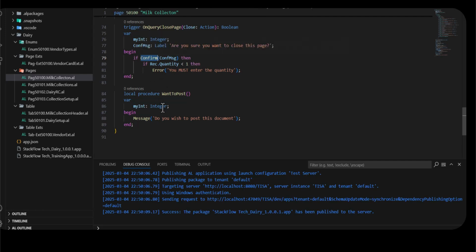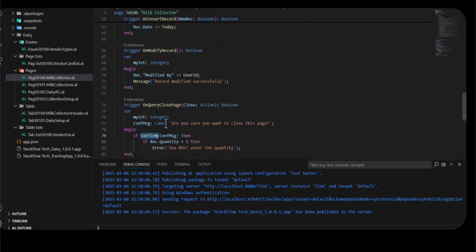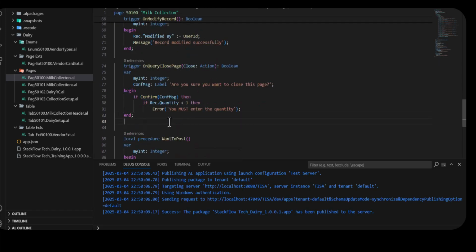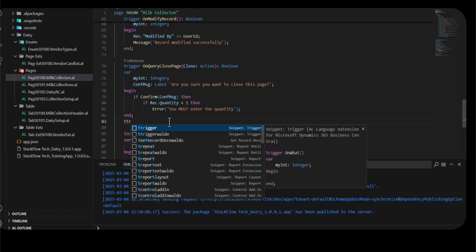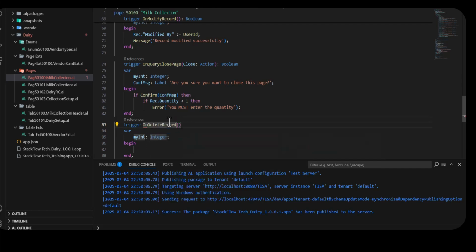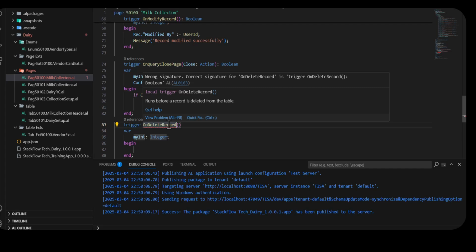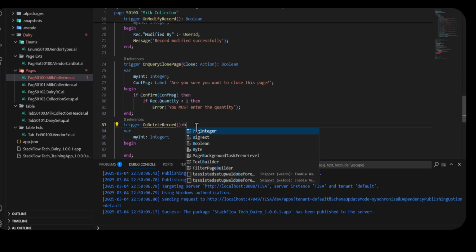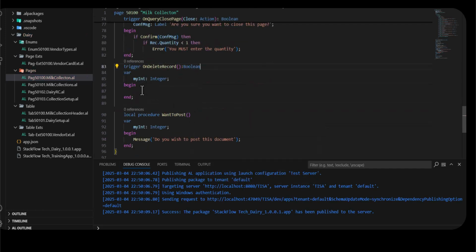But then I want to put it in a different trigger, maybe on delete record. Delete record has a return value and no parameter, so it returns a Boolean. This one is executed when you want to remove a given record from the table. So we want to ask this user, yes, we know you want to delete, but